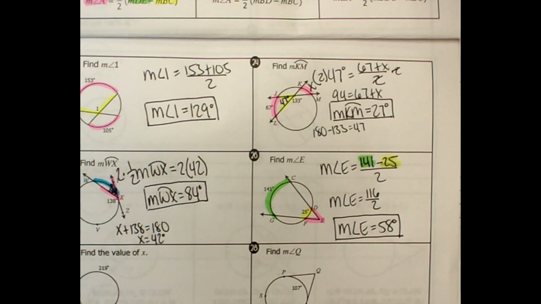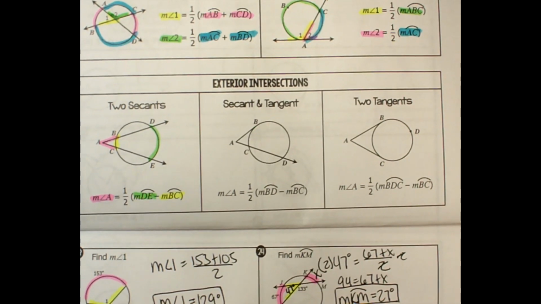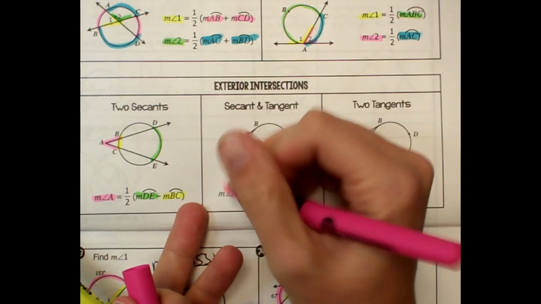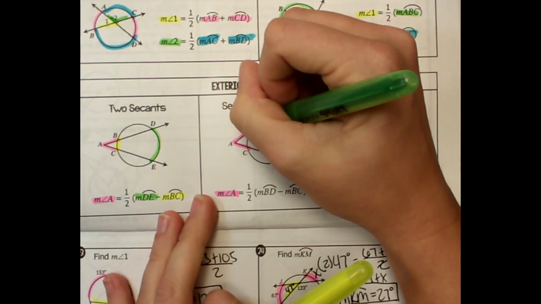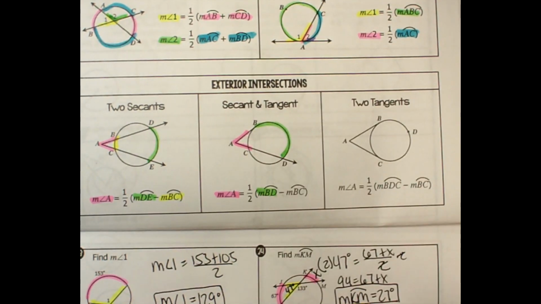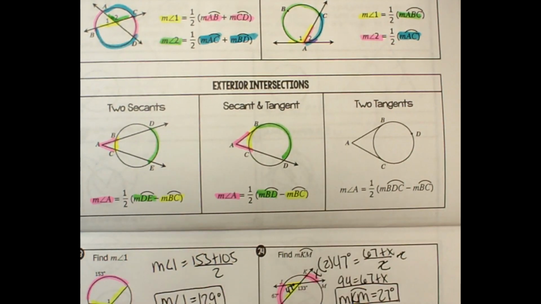So I don't want you to get too confused, because our next one is secant and tangent. Yes, the picture kind of changes, but the overall formula stays the same. So if you look at this one, to find the measure of angle A, it's still going to be the measure of your big arc, so in this case it's BD, minus the measure of your little arc, which in this case is BC. So when looking at number 27,